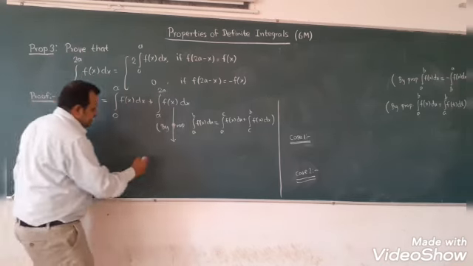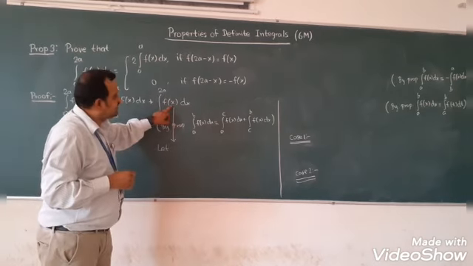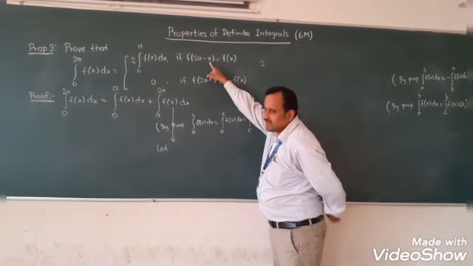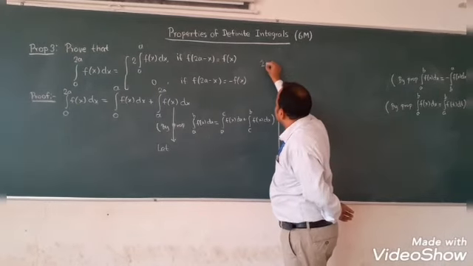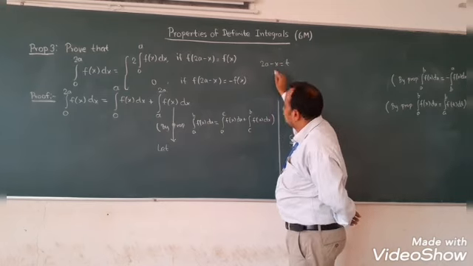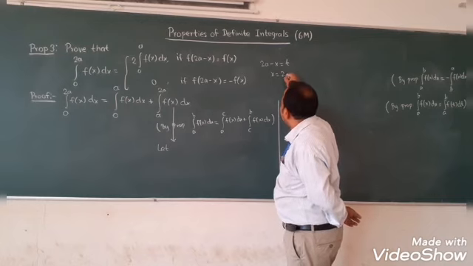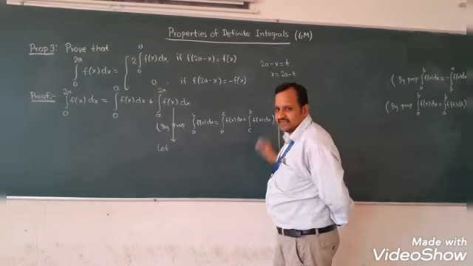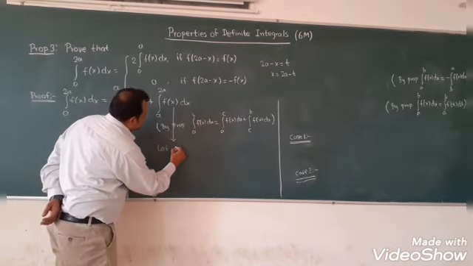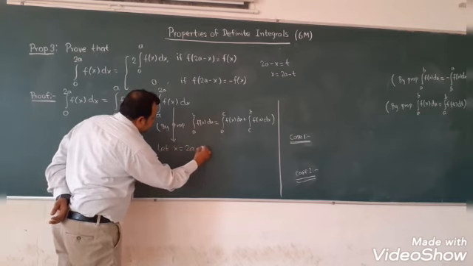So here I can say let... Now see here, this x is there. So can I say 2a minus x? So 2a minus x is here, 2a minus x is here also. So 2a minus x equal to t I am taking. So what is x? x will come here. You will get 2a minus t. So this value of x I am keeping here. So I can say let x is equal to 2a minus t.